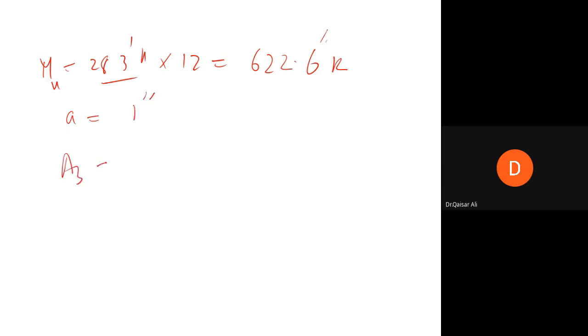You can calculate As: 622.6 divided by 0.9 divided by 60 into d. d, you know, is 8.5 minus 1 divided by 2. So 0.9 into 60, and then we have